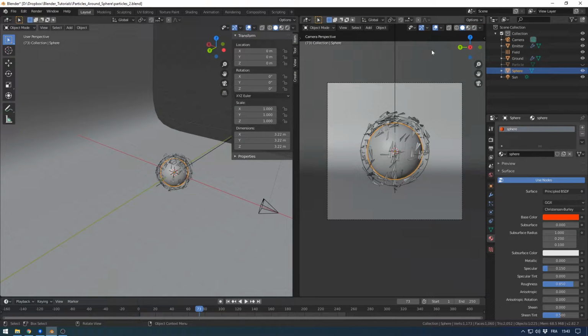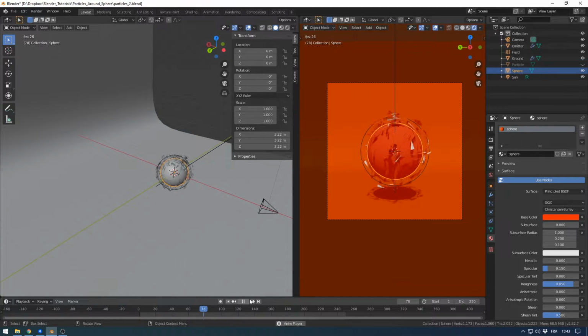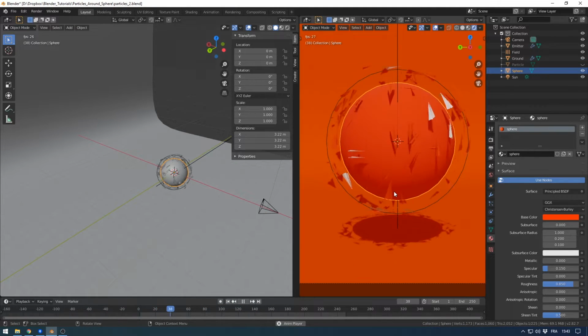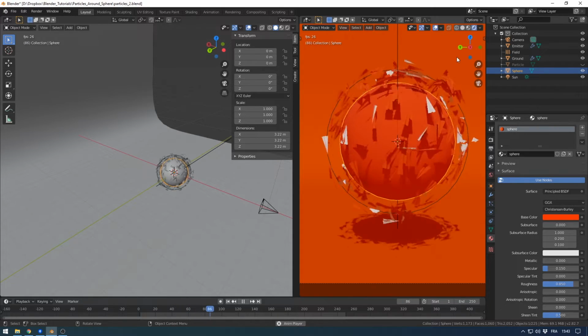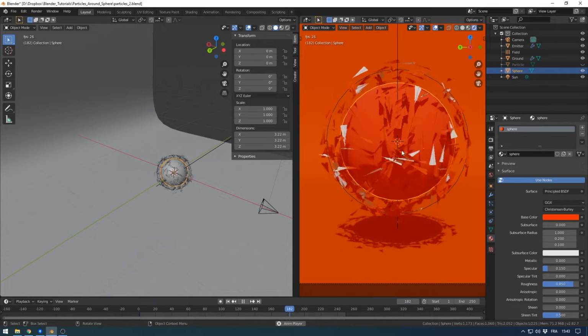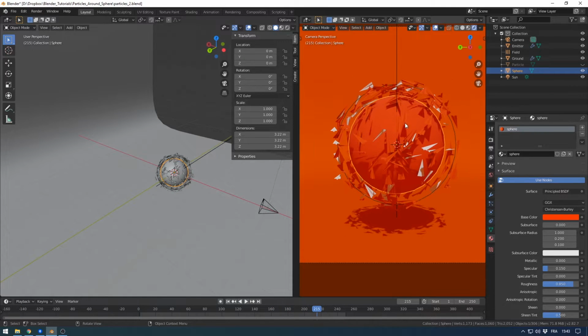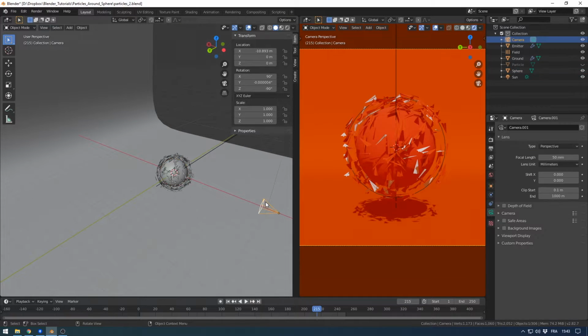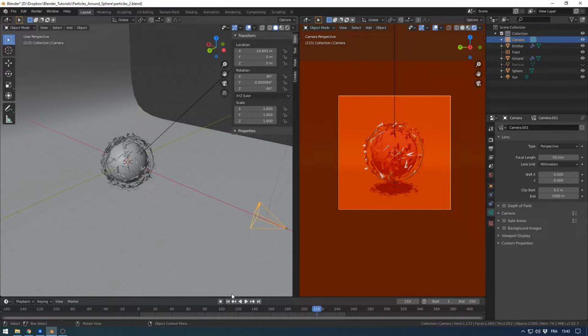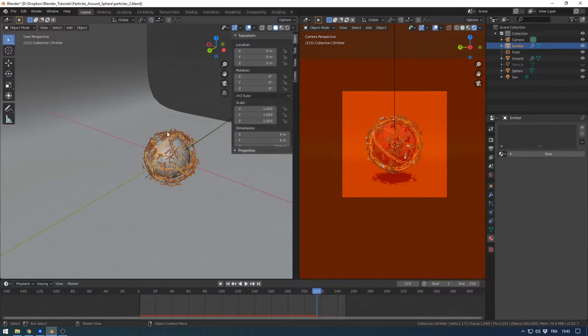if I go here, I will see that I have my planes rotating here. Looks great, but still missing the final touch. It means that we need to cut, we need to stop the force field and make the particles fall into the ground, and add a movement to the camera. So for that,